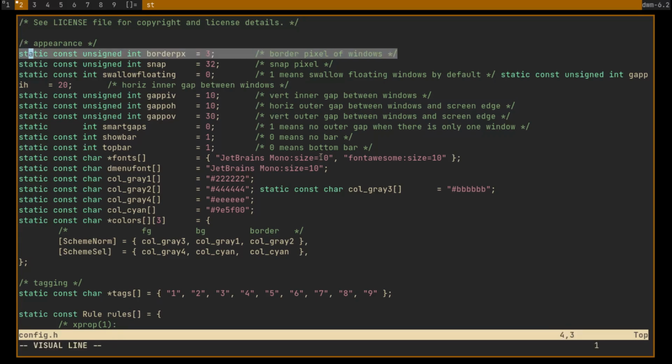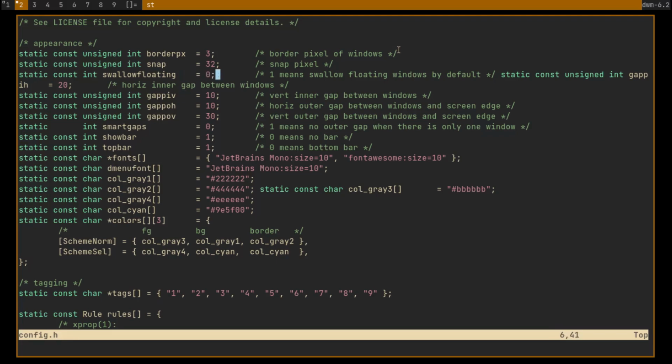The border, this thing sets, as you can see, there is an orange line. This thing sets that. Then snap, I don't know, I'll see. Okay, swallow floating, yeah, this is important. So there is a patch which is swallow. I'll talk about that later.